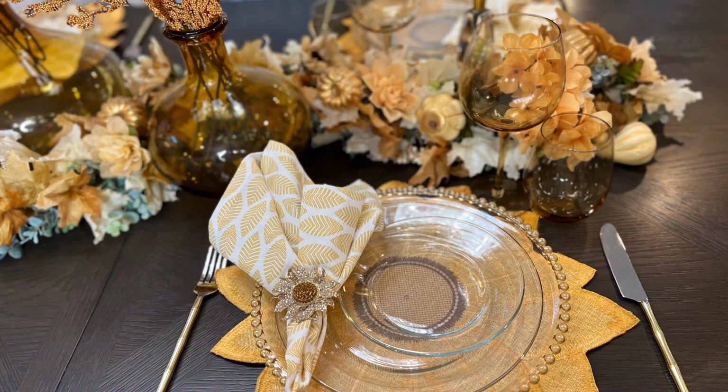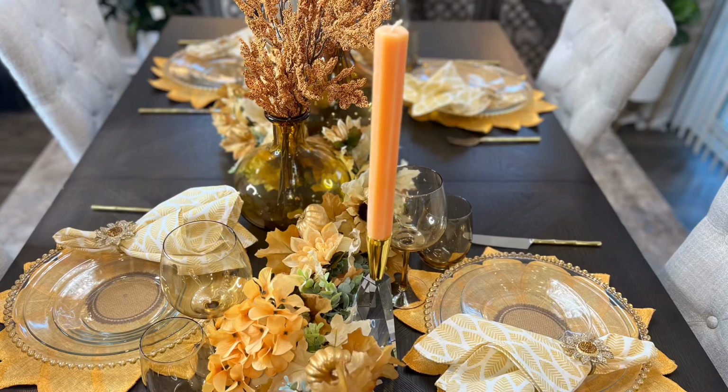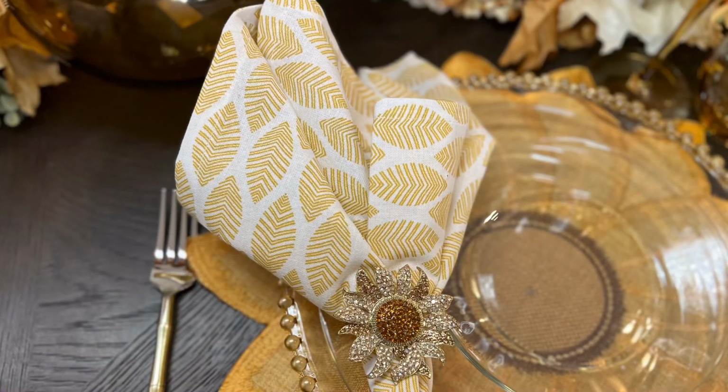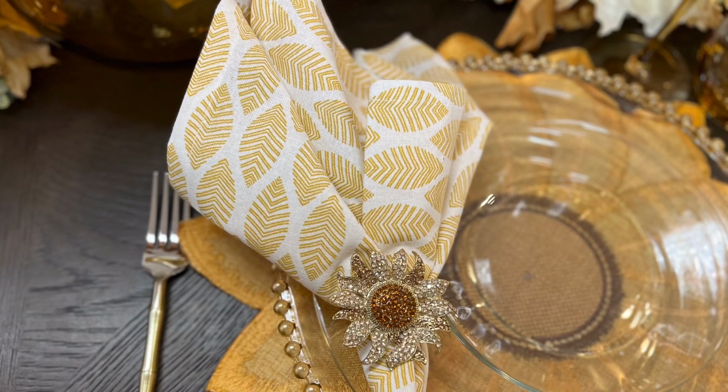enjoyed this fun and festive tablescape. I have certainly enjoyed creating it. Had a lot of fun doing so, and I'm so glad that you were able to stop by and to